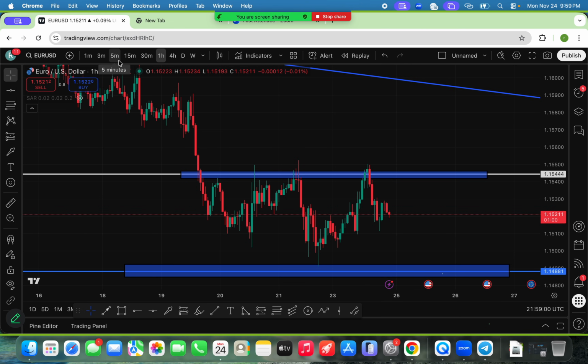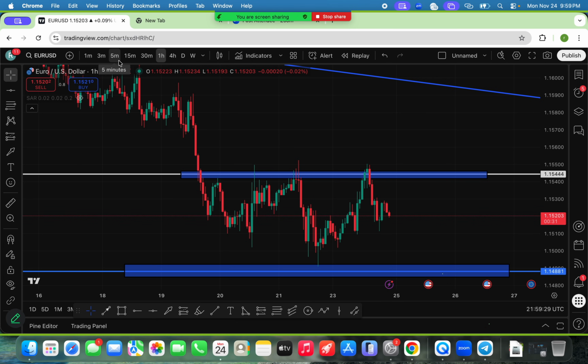So let's say you want it to end at 15 minutes. You start at the daily time frame, find the turning points at the daily time frame. You go to the 4 hour time frame. What are you going to find in the 4 hour time frame? You're going to find the trend of the market in the 4 hour time frame. Then what will you do again? Move to the 1 hour time frame. You find your inside turning points in the 1 hour time frame. Then you will go into the 15-minute time frame to find your support and resistance. You can see I've used the same format but in different time frames so it can suit me.